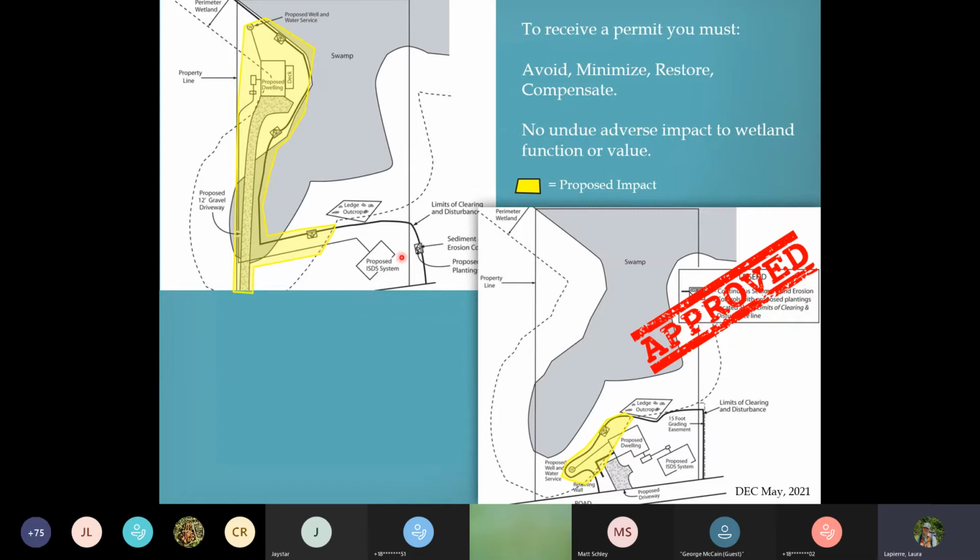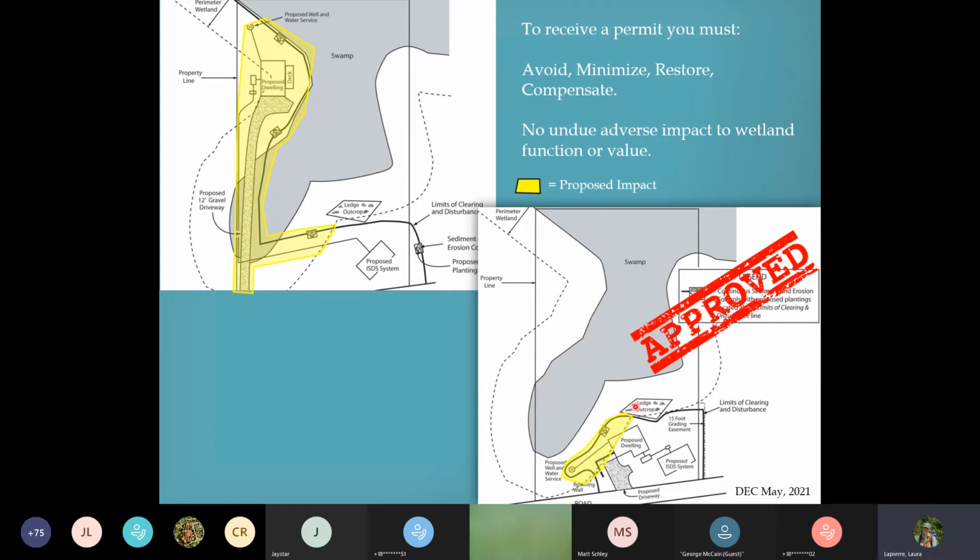But we see over here, this is an area of the property that is neither wetland or buffer zone. And so that upland space needs to be maximized for the use of this project. So you see here is the project redesigned. There is still some impact within the buffer zone, but we understand that that was a necessary part of the project that could not be avoided.